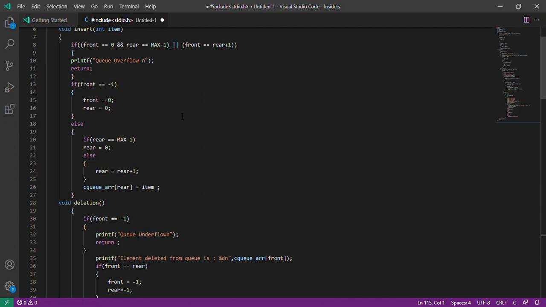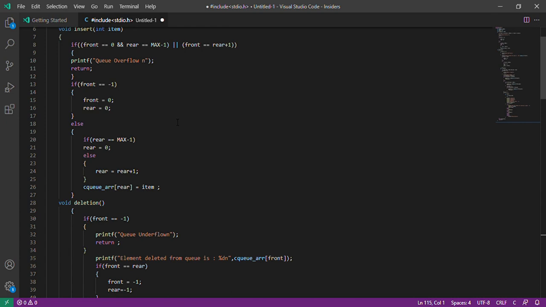If so, give the overflow message, or else check if the circular queue is empty. If rear is at the last location, it is made to point to the first, or else rear is incremented by 1. This is how it becomes a circular queue. At the end, the item is entered into the queue.